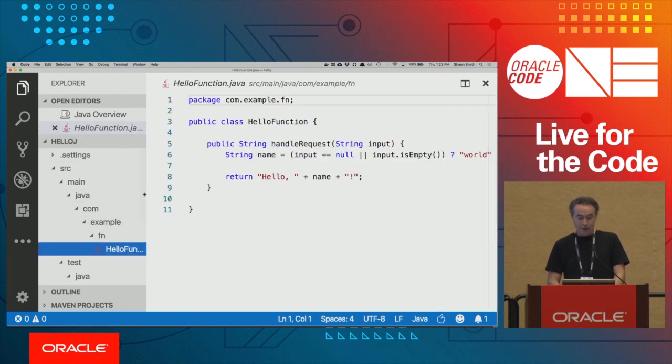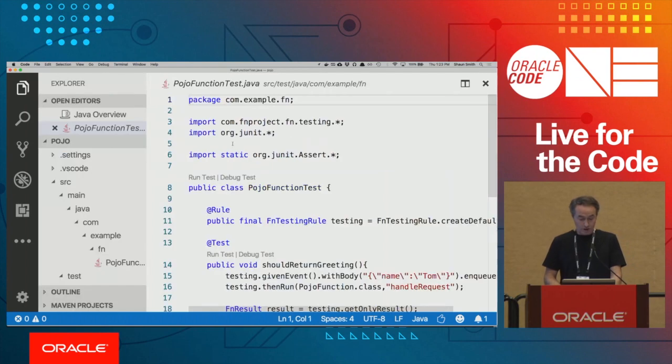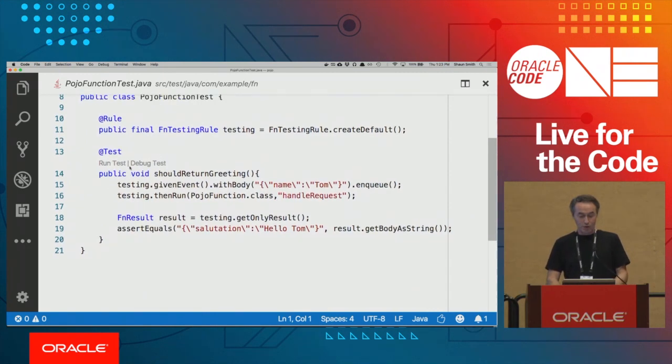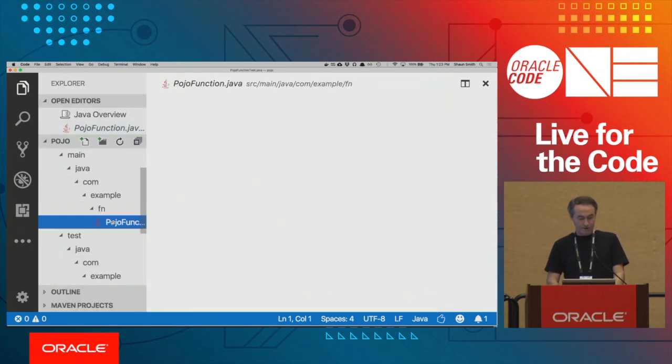So as I said, it takes string as input and returns string as output, but it's actually more sophisticated than that. This is the base case. The FDK, the Java FDK, will introspect the signature of your function and understand what you want to receive as input. So I've got one here built with slightly more complicated inputs and outputs. It's hello world again. Oh, this is my test, I think. Let me take you back to my function here.